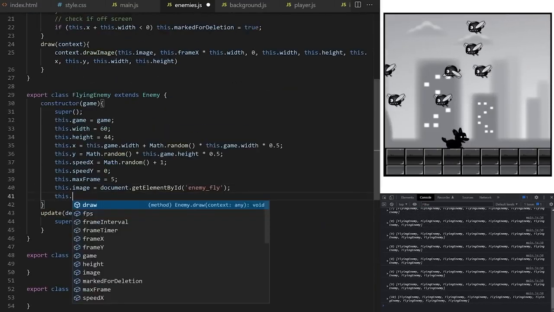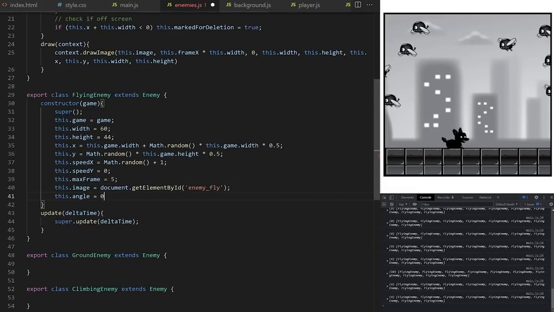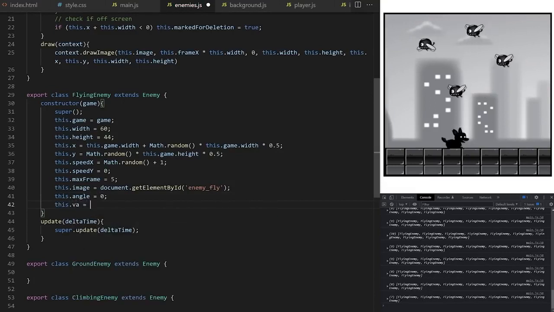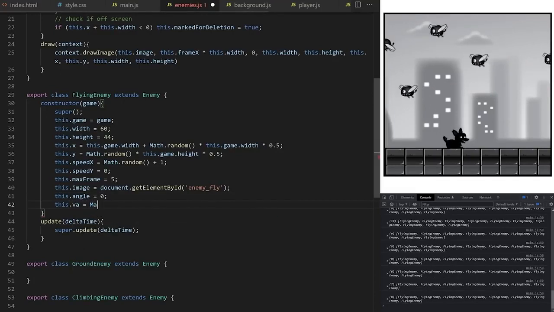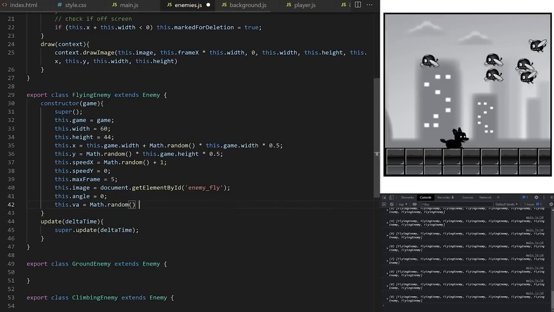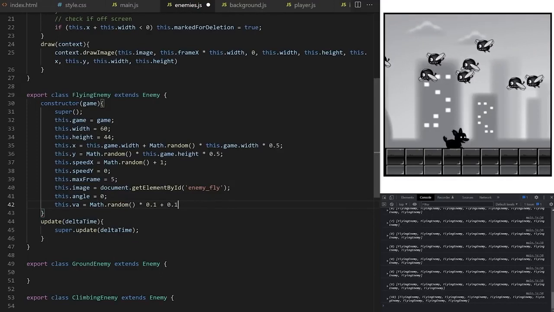helper variables and these will be specific only for flying enemies, so I declare them down here. Angle will start at 0 and we will be increasing it slowly and feeding it to math.sine method, which will map it along a sine wave. It will be increasing by this custom VA value, velocity of angle, and it will be a random value between